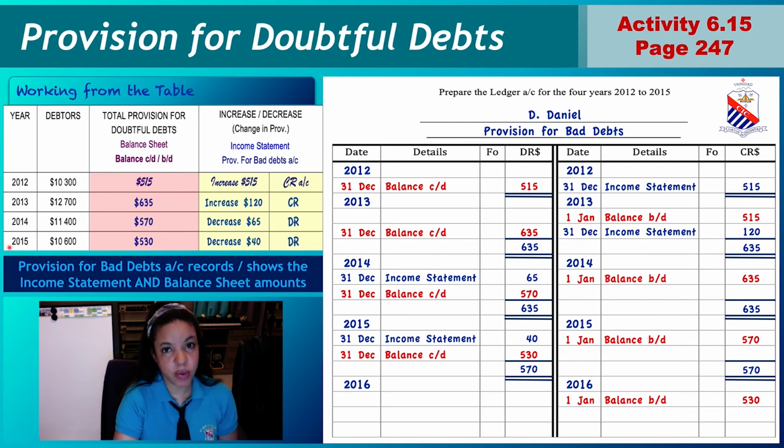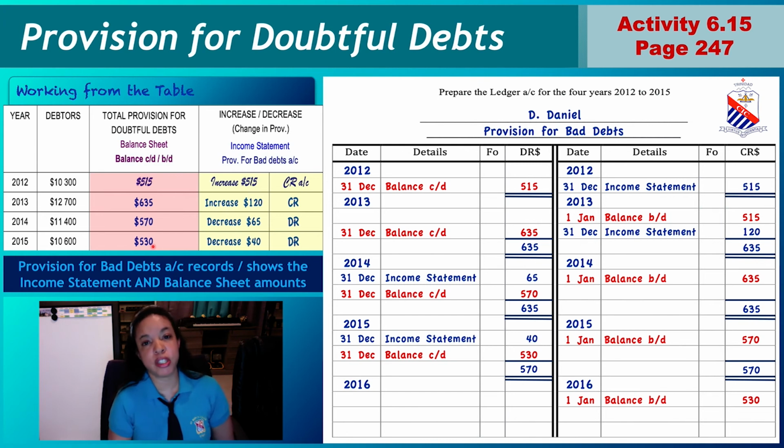And finally, for 2015, when you're doing your balance sheet for 2015, you would have receivables 10,600 less your provision for doubtful debts $530, and that will give you your net receivables figure, and it would show the actual reality of the situation,